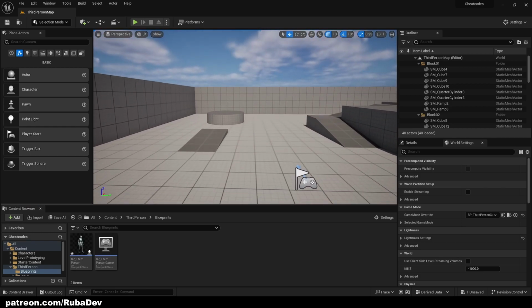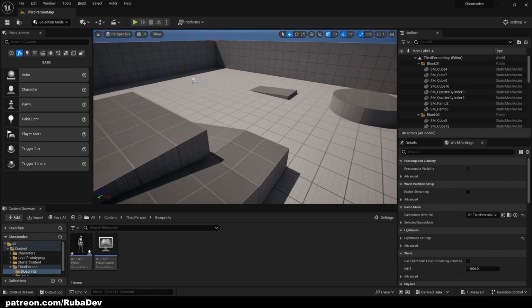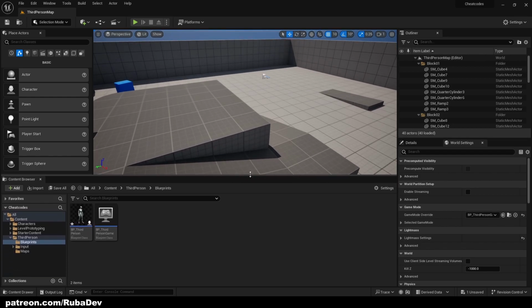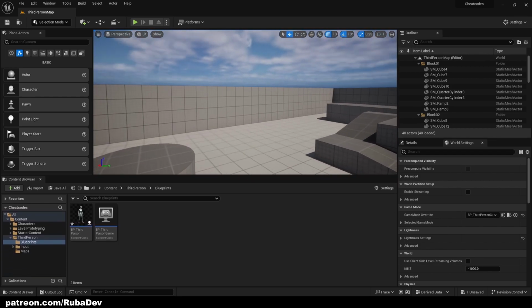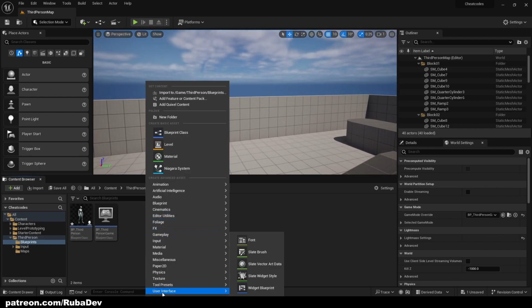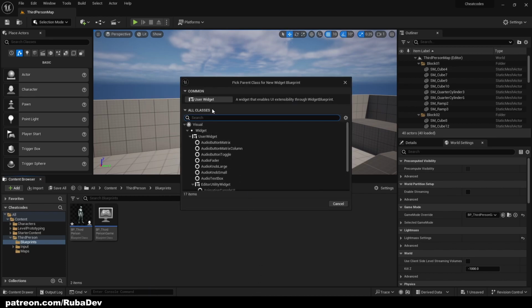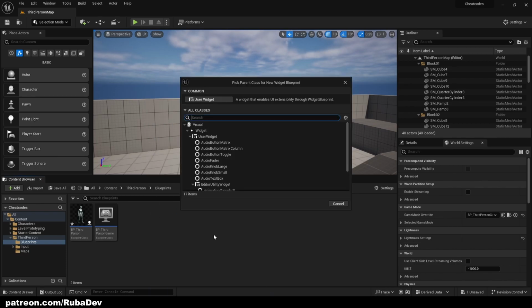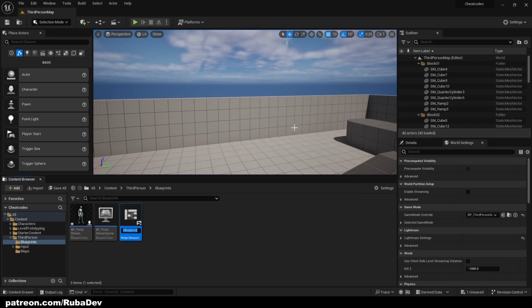So let's create that. First thing that we're gonna do is we're gonna create a widget blueprint, which we're gonna use for these cheat codes mostly. So let's just design the widget blueprint. I'm gonna create, so right click, user interface, widget blueprint, user widget, and call it WB cheat codes,